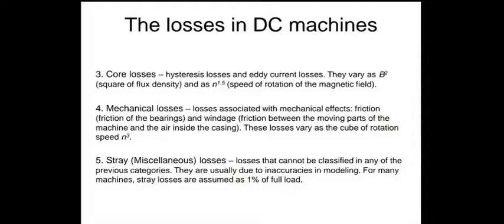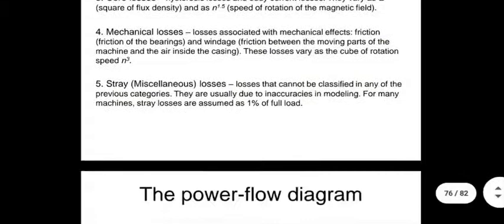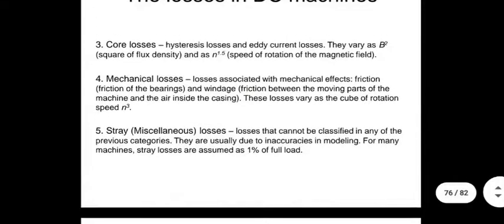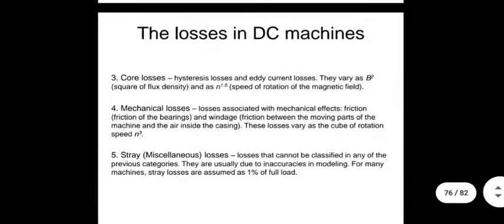they can happen without us being aware of them, like unforeseen losses. Things can happen that were not planned for, like inaccuracies in modeling, etc. So if nothing is given to you in terms of stray losses or miscellaneous losses, you ignore this completely. All the theories that we are developing for machines are not perfect, right? So losses will occur because of that also.